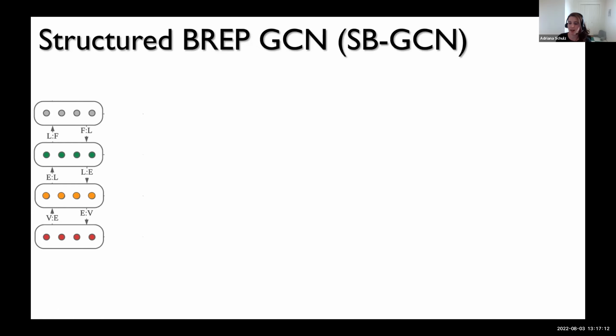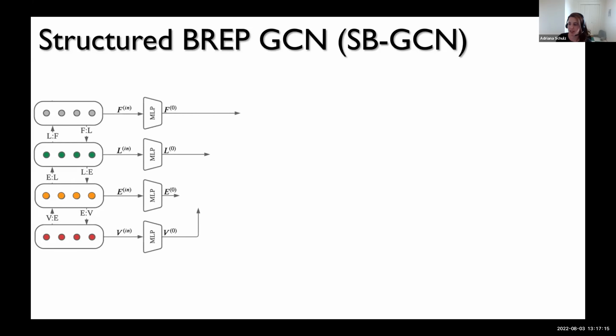And this is what we do, and we call this our structural BREP graph neural networks. And I'm not going to go through the details of the networks here, but the key and important thing is that we break it into these layers, right? So instead of having to have these heterogeneous message passings along the network, we break this into a few homogeneous message passings. And then we're going to pass messages from vertices to edges, edges to loops, loops to faces. But then when we get to the faces, that's when the second trick comes into play.